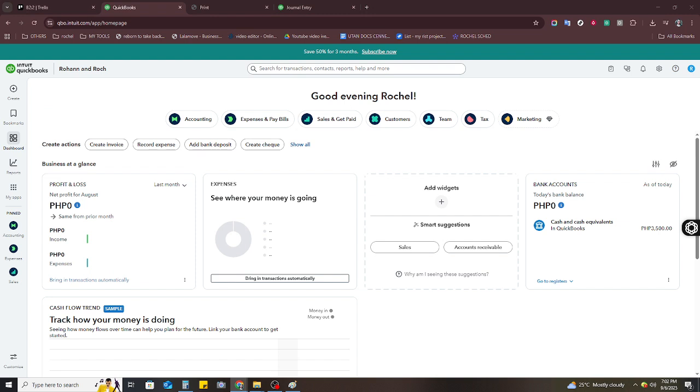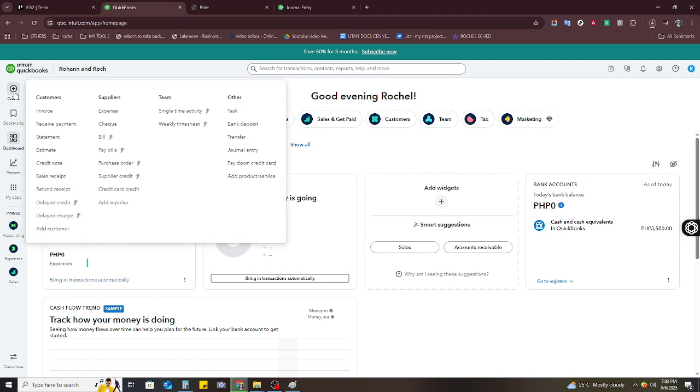To start recording your refund, keep your focus on the left-hand menu. You'll find a button labeled Plus New. Click on this button and a menu will appear showcasing a variety of actions you can perform in QuickBooks. From this list, look for the option titled Bank Deposit under the Vendors section. Clicking on Bank Deposit will direct you to the right screen where you can input the details of the refund